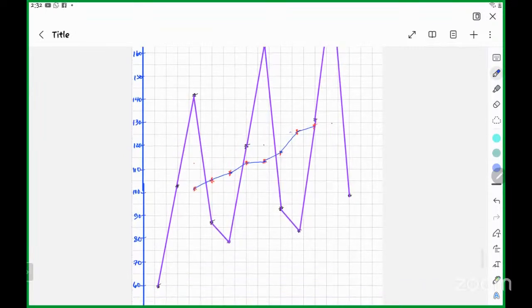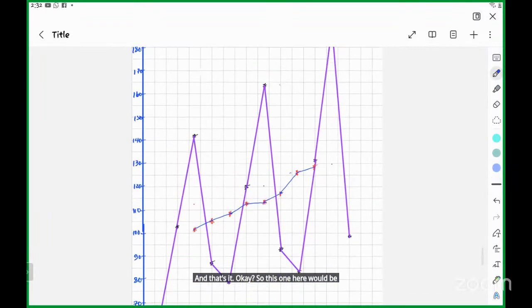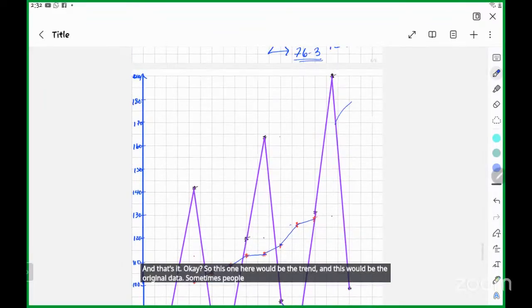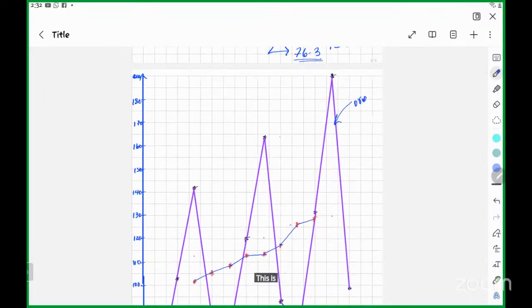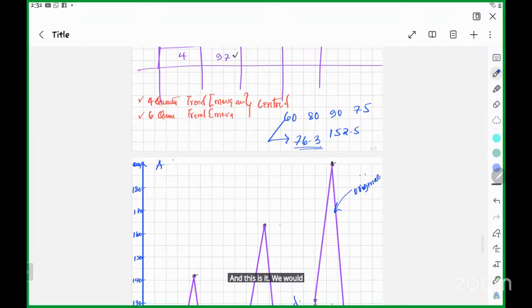And that's it. Okay, so this one here would be the trend, and this would be the original data. Sometimes people are forced to write on it. This is the original data, and then you put trend here. And this is it. We would say a time series graph